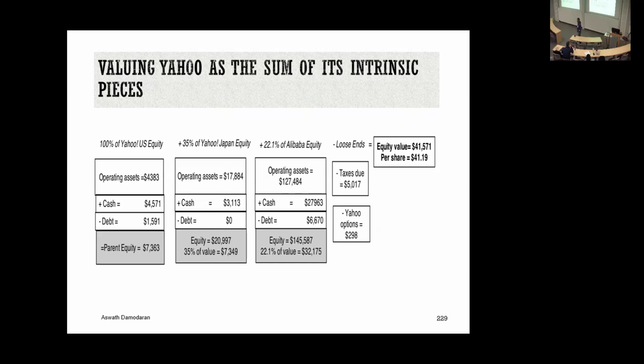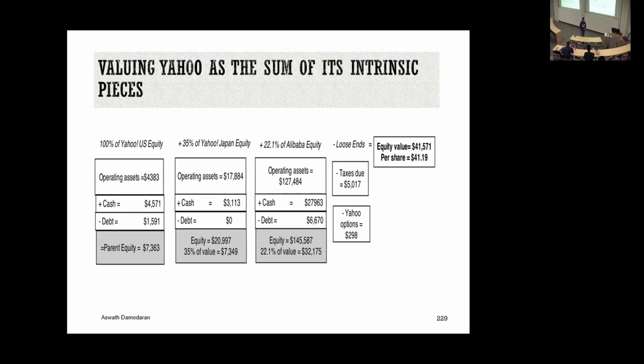And the second holding was its 22% holding of a company called Alibaba. Alibaba was still a private business, but it had just filed its prospectus to go public, which opened the door for me because now I had the financials for Alibaba. I could value it as a standalone company, a Chinese, I'm not even sure, it's not a Chinese retail company, but basically a Chinese advertising company because it connects buyers with sellers. And valued separately, the value that I got for their equity is 146 billion. 22% of that is 32 billion.